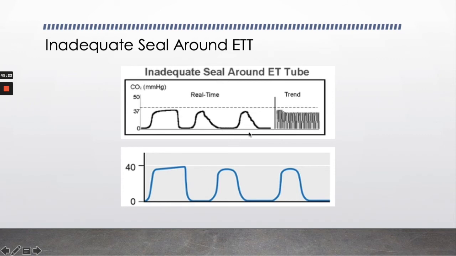Okay, and that's simply because we're losing volume as we're exhaling. Some of that volume is going through the ET tube, and some of it's going around the ET tube. So remember, we're only measuring what is coming through the ET tube. If we're losing volume due to an inadequate seal around the ET tube, to troubleshoot this, fill the cuff